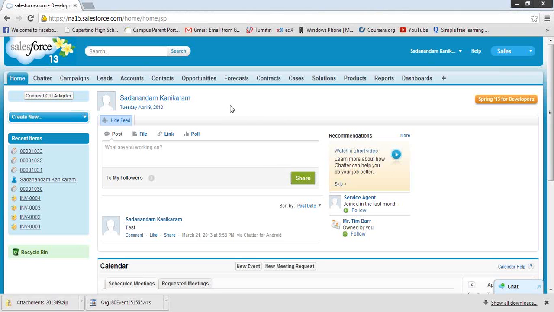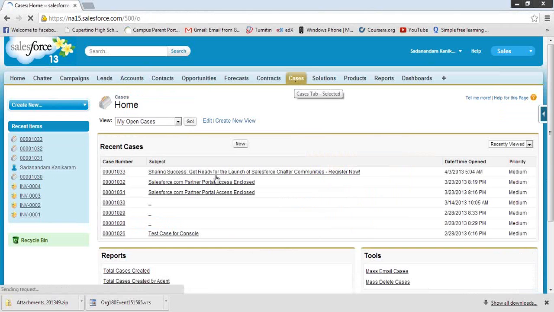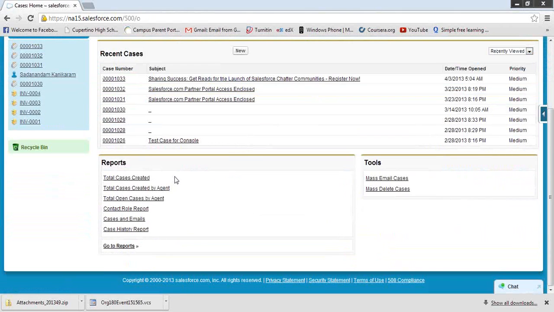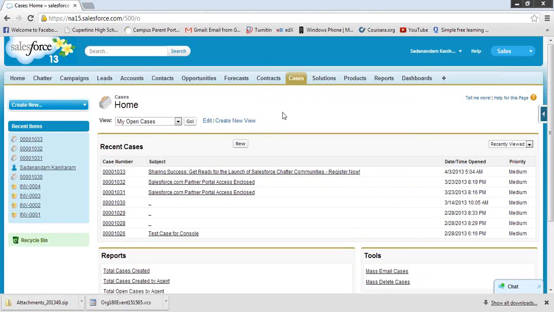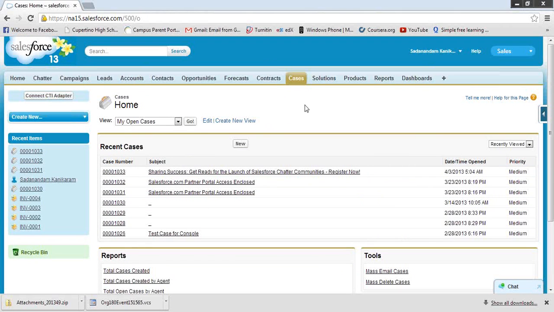Okay, that's fine. So now I am looking at this cases tab. Here again, this is called the case home tab. As I said earlier, there are tabs, objects, and applications.